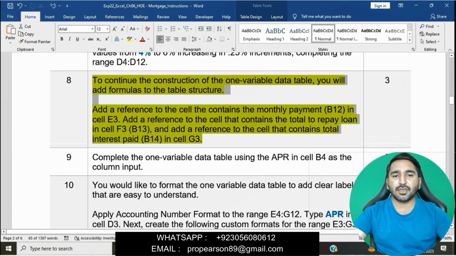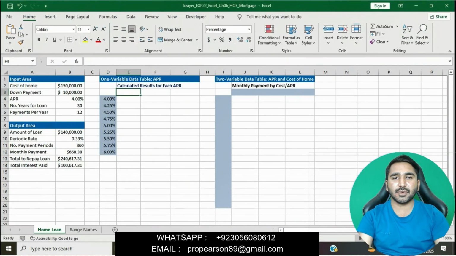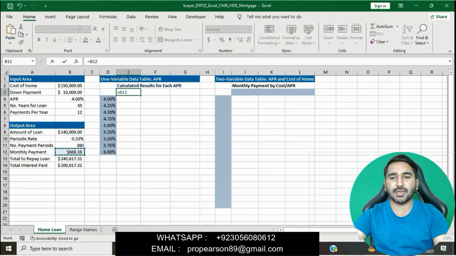Okay, we will simply add our references. Click on cell E3, press equal to, and then click on cell B12 and press enter.